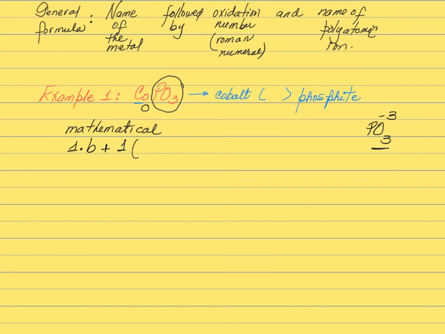What is the oxidation number of that group? -3, and when you add the multiplication of the number of atoms by the oxidation number, that has to be equal to 0 because the compound is neutral. You solve this with the opposite operation, or the inverse operation, and the oxidation number of cobalt is +3, which makes sense because remember